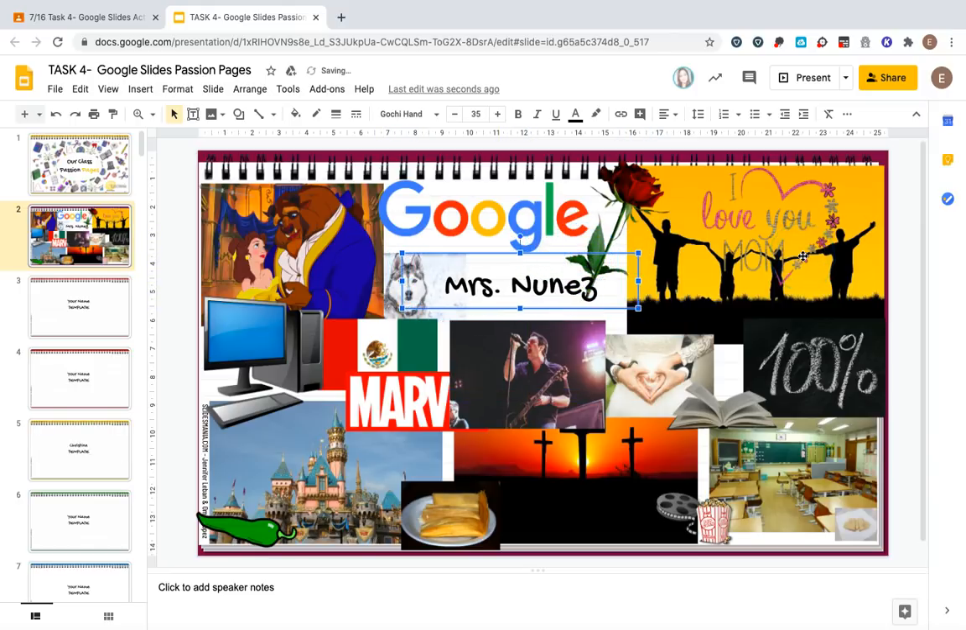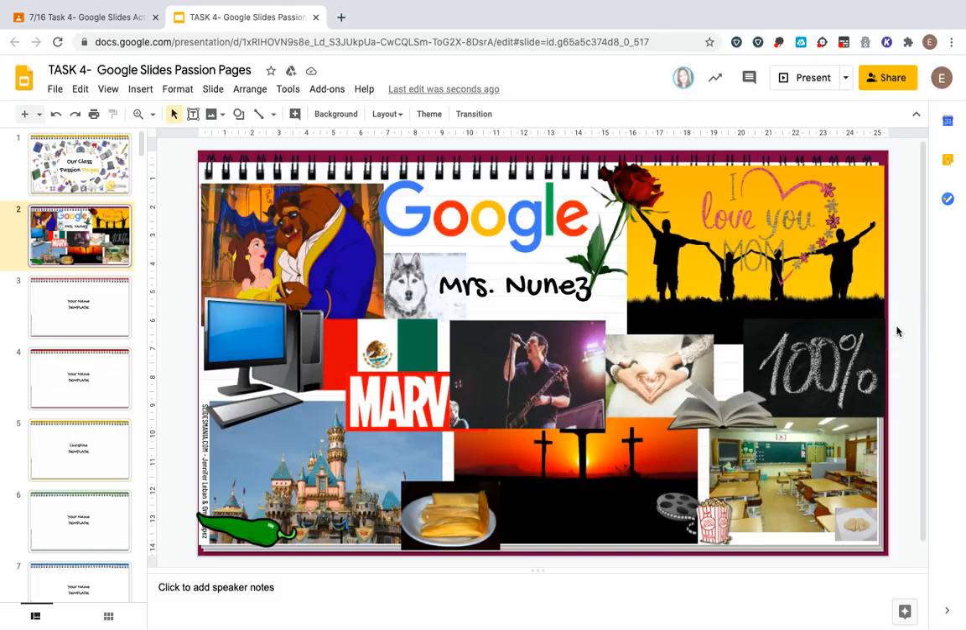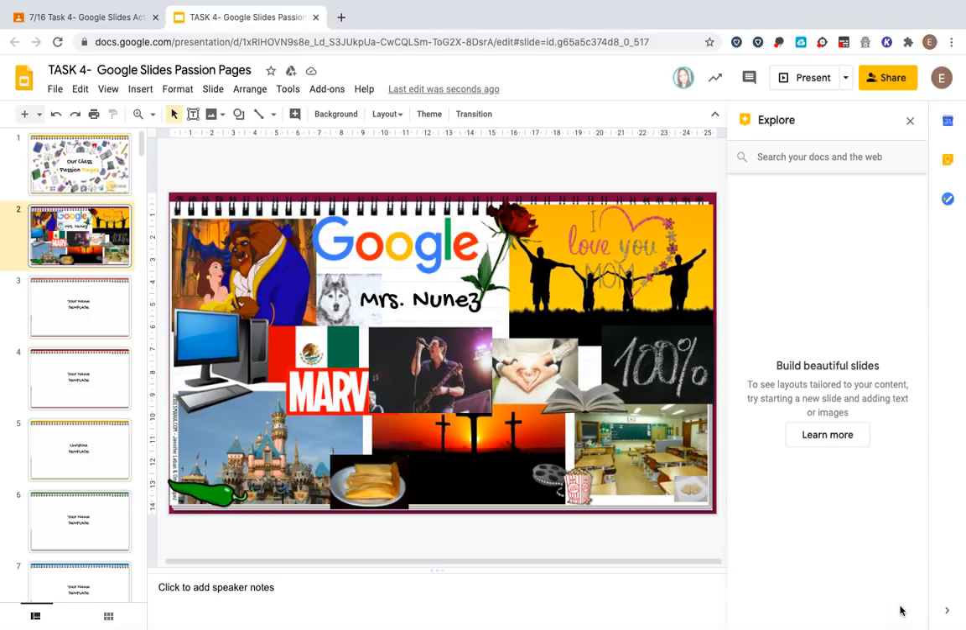So I have a lot of images on this page about things I am really passionate about, but I want to add a couple more things. And how you can do this is using something called the Google Explore tool. On the very bottom right, there is an icon that says Explore. If I select the Explore tool,